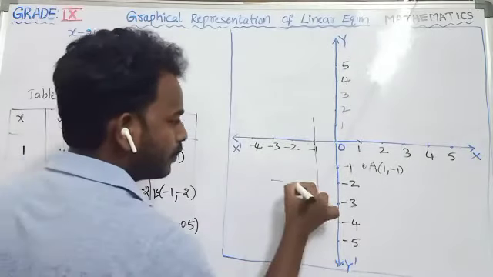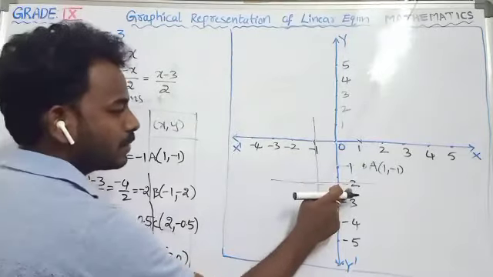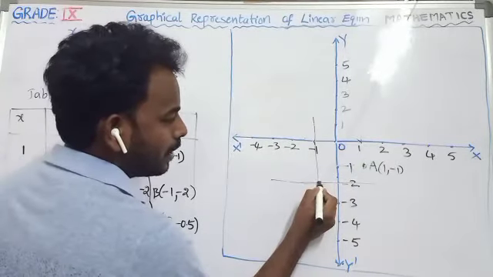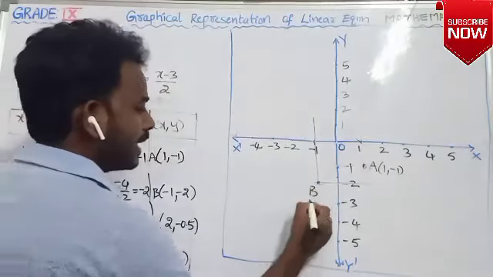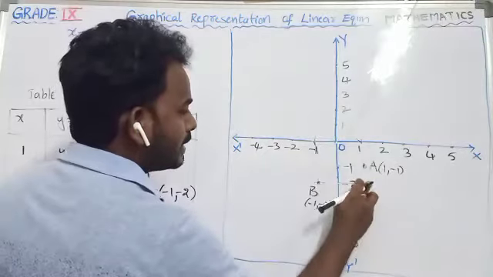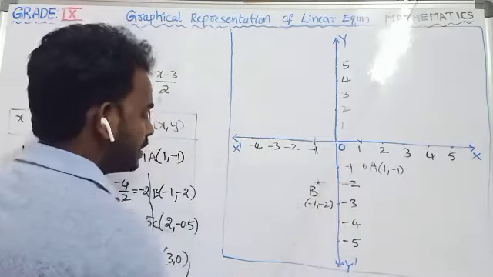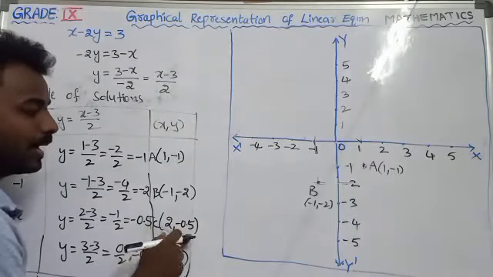It will be like this. You will have two lines through -1 on the x-axis and -2 on the y-axis. The intersection point of these lines is taken as B, that is (-1, -2). Okay, and similarly you need to mention the remaining two solutions, that is (2, -0.5).